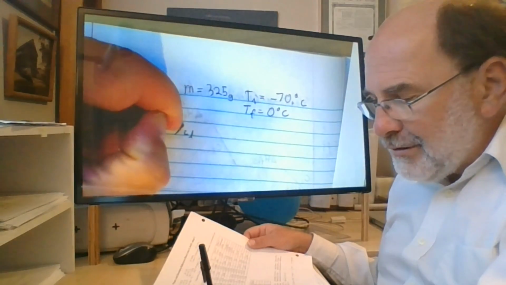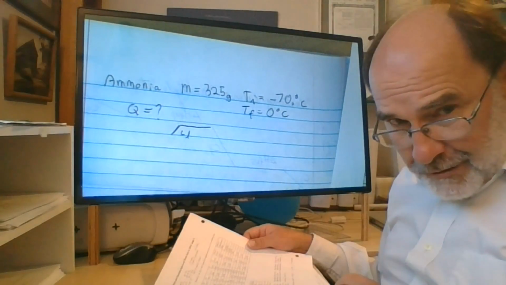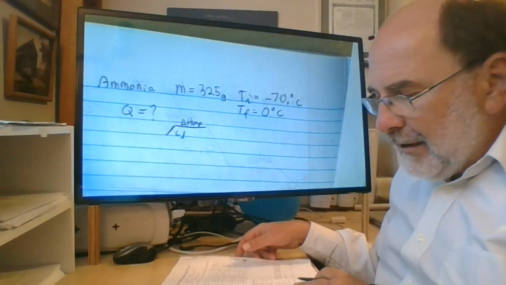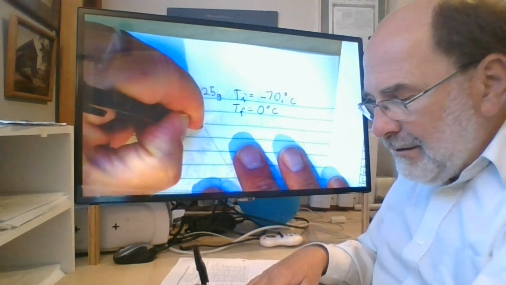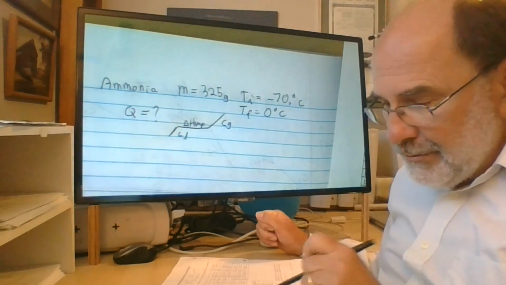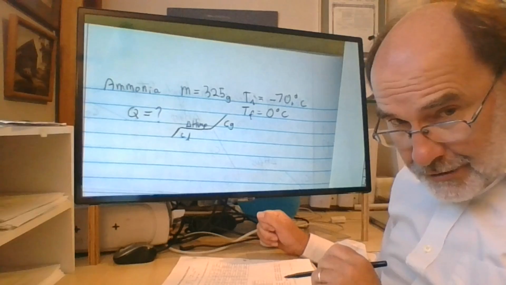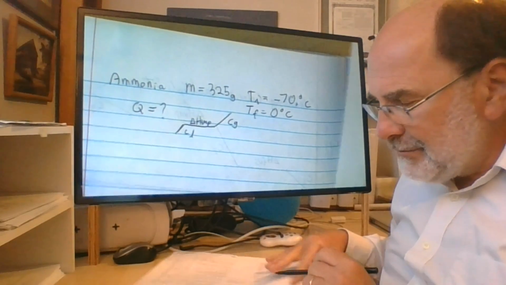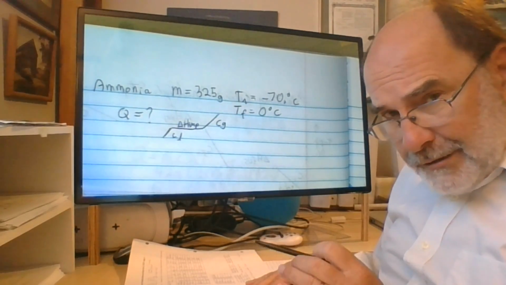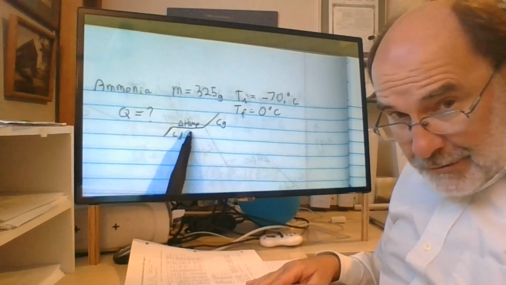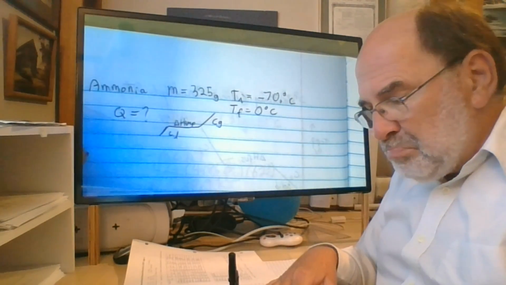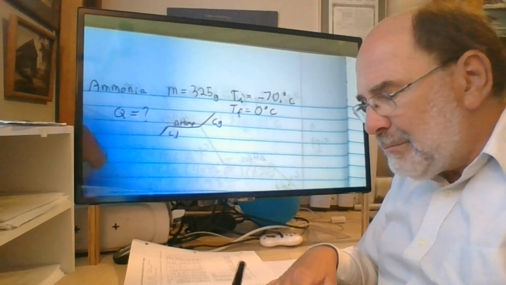So I'm going to have to vaporize the ammonia. So I need a delta H of vaporization. And then in the gaseous state, I need to heat it up to 0 degrees. So there are going to be 3 calculations here, just like the previous example. Previous one went solid, melt, liquid. This one goes liquid, vaporize, gas. Nothing else changes. So Q1, I'll call it, would be